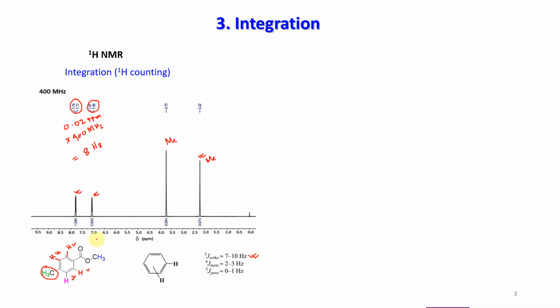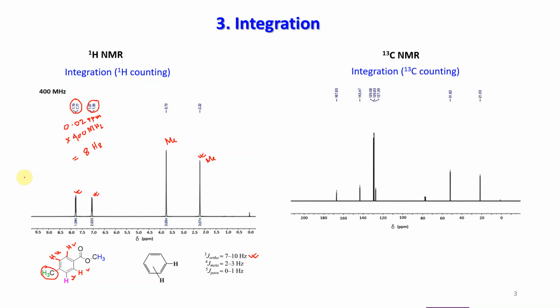So for proton, integration is very common, we can do it, because the spectra is obtained from a single molecule, okay, a single molecule. So this spectra is from a single molecule. In the last class we have seen that 99% of the compound is of 12C, 1H isotopes, okay. Now what about the 13C integration?